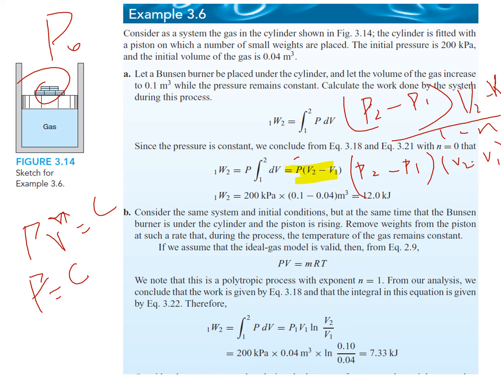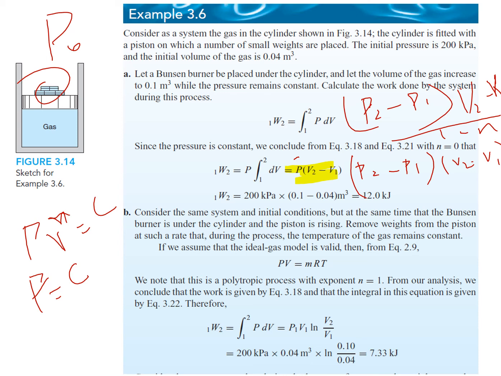However, during the rising motion of the piston, we remove these weights in such a way that the temperature inside remains constant. And when temperature is constant, here we have to put in a certain assumption that we are talking about natural gases, and we can use the gas law to equate the pressure,